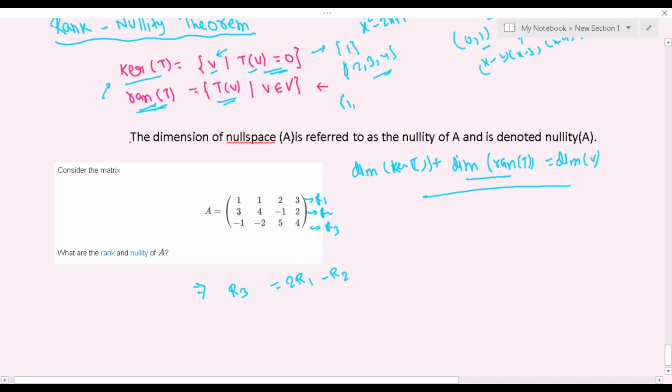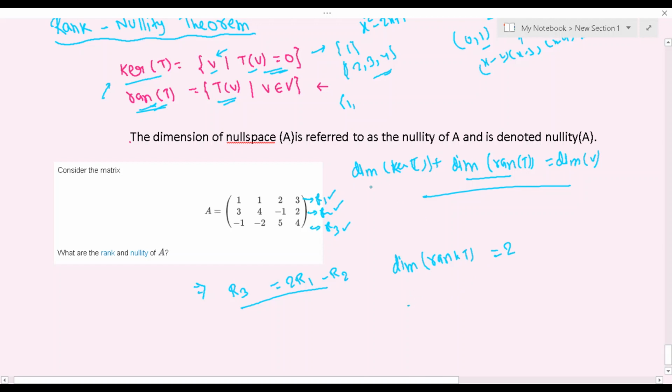2 times 1, that is 2, 2 minus 3 minus 1. 2 times 1, 2, 2 minus 4 minus 2. 2 times 2 is 4, 4 minus 1, that is 5. So you can find it here. So what we say is that row 3 can be expressed in terms of row 1 and row 2. So what happens is the dimension of the range of T is 2, and